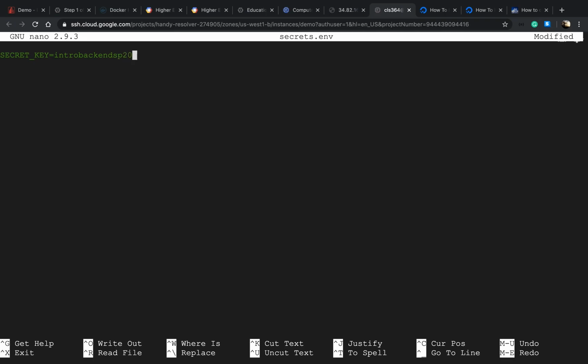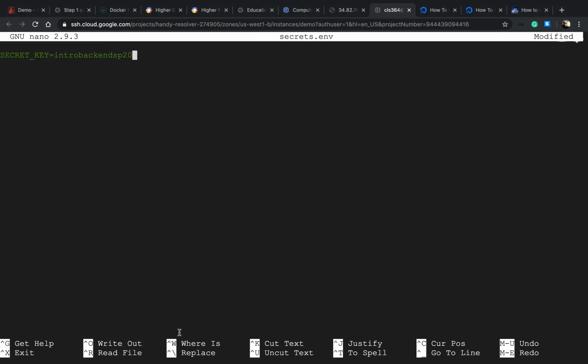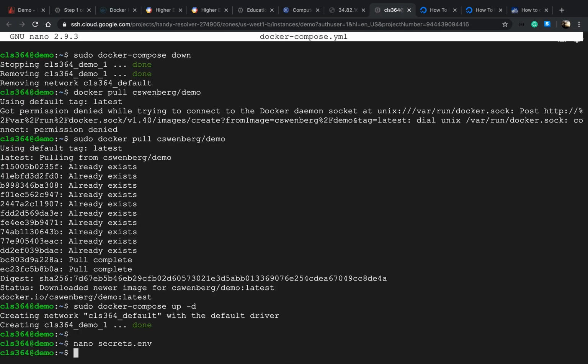Notice that we don't want to actually push this secrets.env file within our container when we build the image and then put it up to Docker Hub, because like mentioned last week, Docker Hub is a public repository, and just like how I could randomly SSH into a new server and pull that image, so could anyone else if they wanted to. So that's why we want to use environment variables through this more manual process of SSHing directly onto the server, because only we can do that given the authentication. But for us now, we define our variables, we can leave,